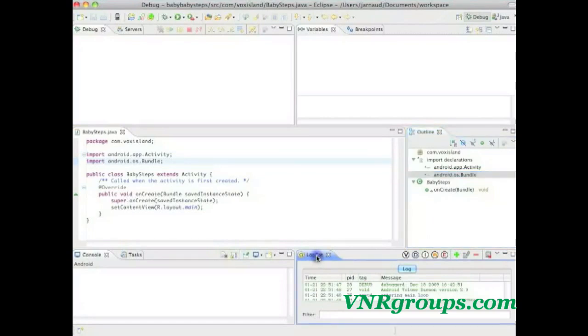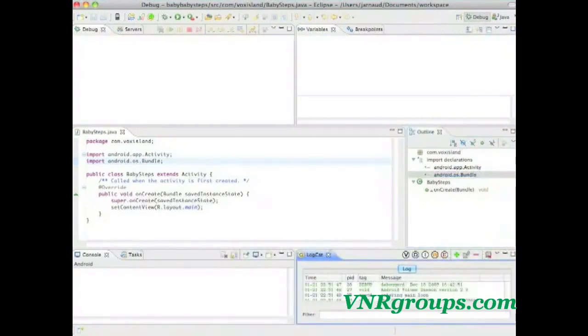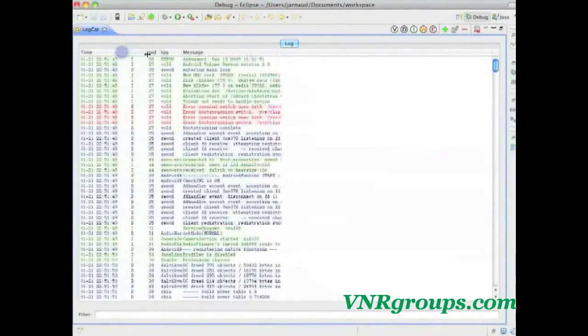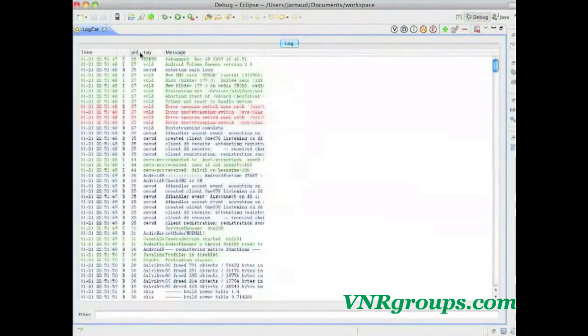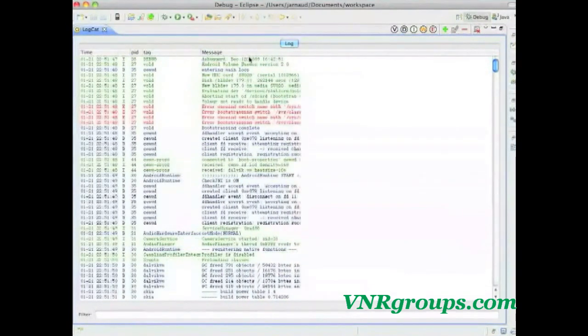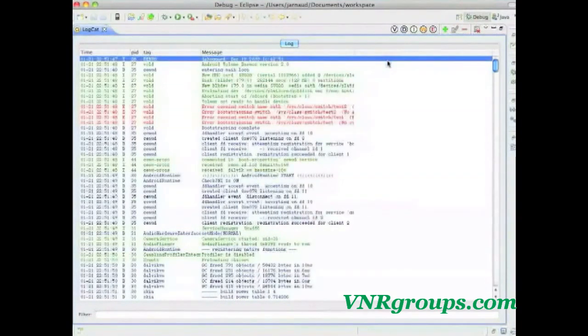We'll see that in action in the debugging chapter, but it's just a preview here. You will have access to the variables and the breakpoints in this panel. You will have the outline panel and the logcat, which is going to be very, very useful to know what's going on in your emulator or on your phone. So let me